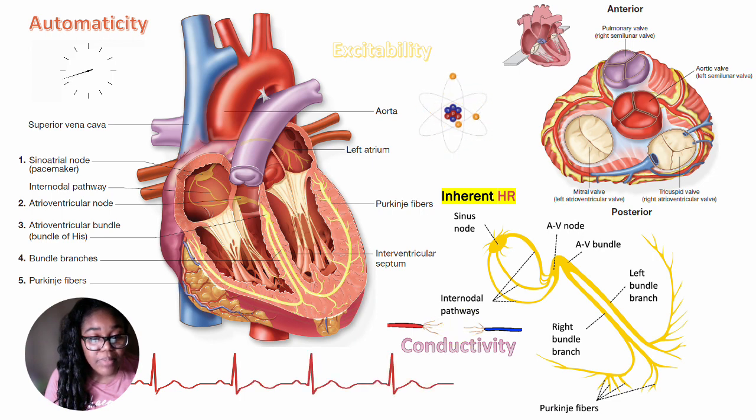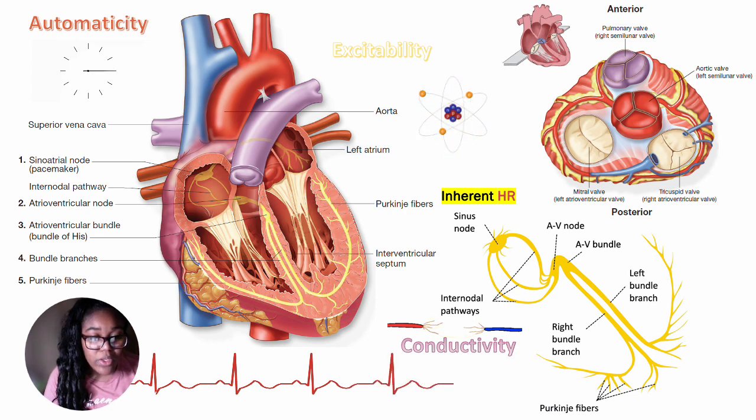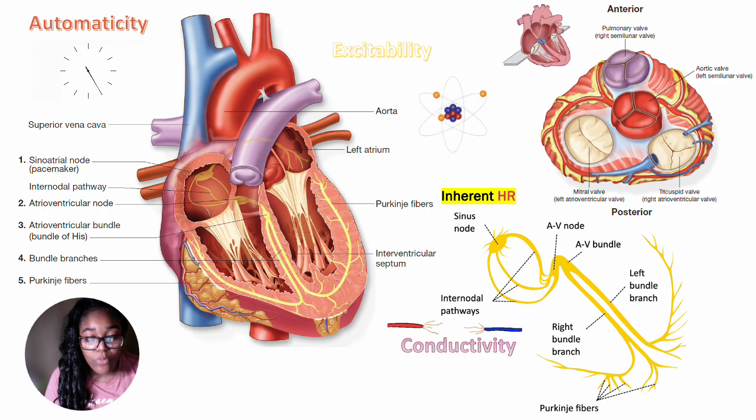Their heart doesn't pump as efficiently, and part of the result of that is your SA node, or the pacemaker in the heart, is starting to fail. So you have your AV node that will pump and conduct that electrical current, and then that will thus become the new pacemaker of the heart, and it keeps going and going until the heart completely shuts down and fails. So it'll travel through that AV node, the electrical current, and then if that doesn't work, you have the bundle of His that becomes the new pacemaker. And then if that doesn't work, you have your bundle branches, and then the Purkinje fibers that'll hopefully conduct your